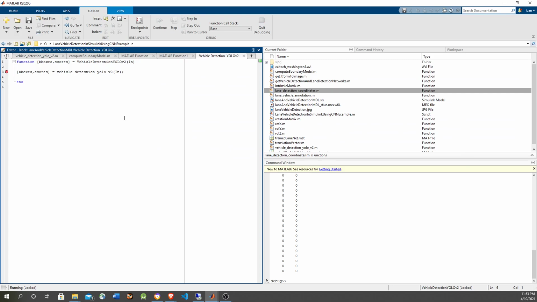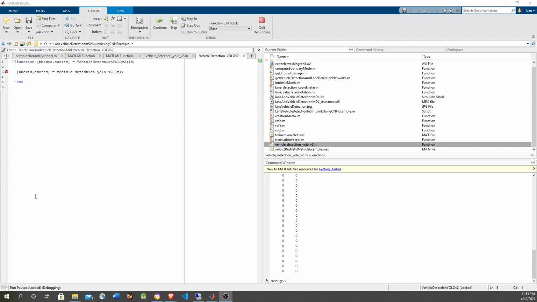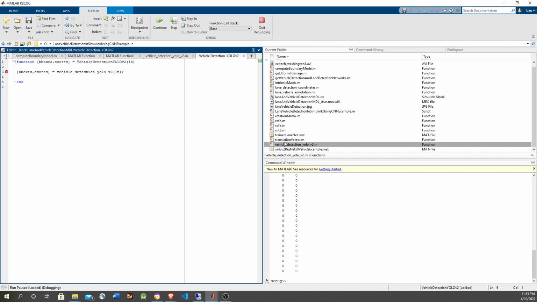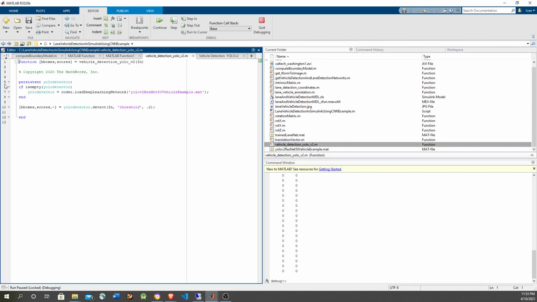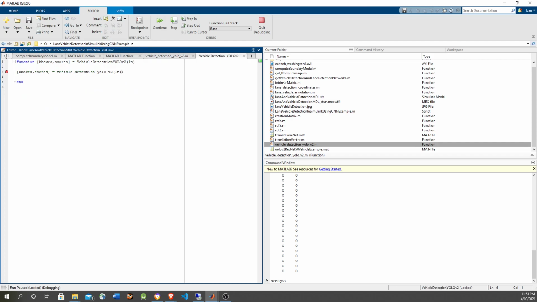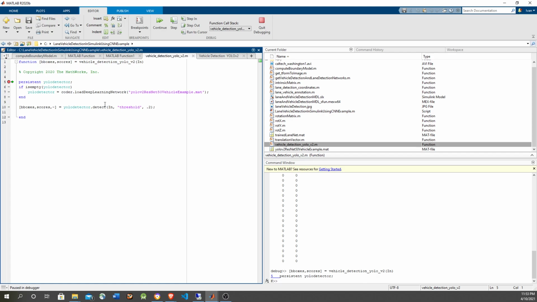Okay, so let's go inside of it, and again it doesn't want to do it, so let's just open it. Okay, again, it's not hitting the breakpoint, so let's just open the function, put a breakpoint here, and just reevaluate. Okay, now we're inside. So this persistent variable is like a state for the MATLAB function block, and it's